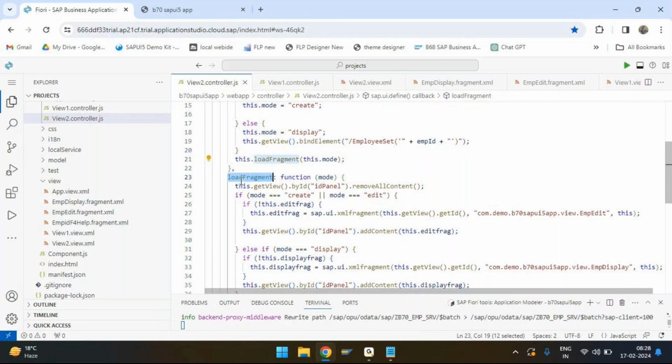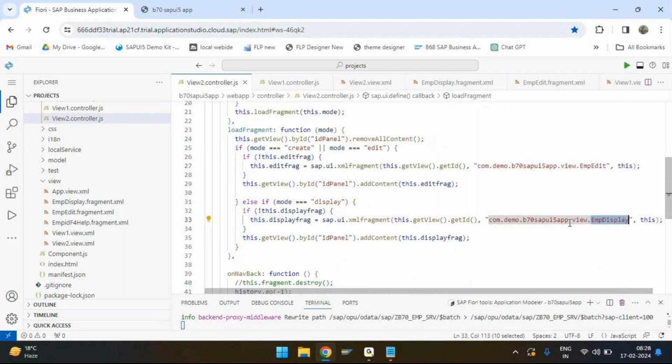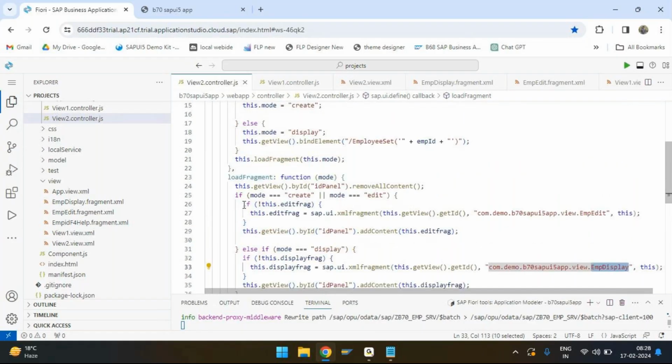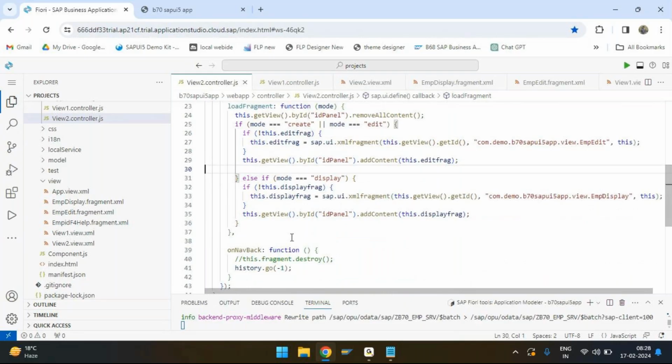Okay, so inside this I get the mode. I'm checking which mode it is. So if it is create mode, I'm loading from the server this employee edit fragment. Otherwise, I'm loading display fragment from the server. So loading of this fragment from the server should happen only once. So we are writing this if condition. Okay. And this panel's content I have removed, and I'm adding the fresh content to the panel. Okay. So the logic is good now, but we will get